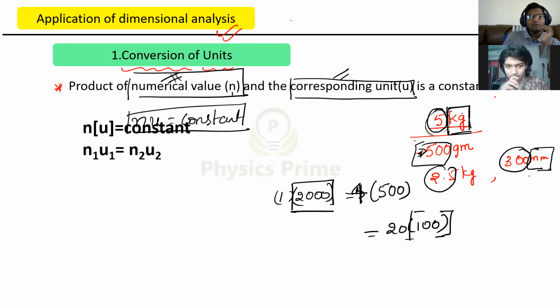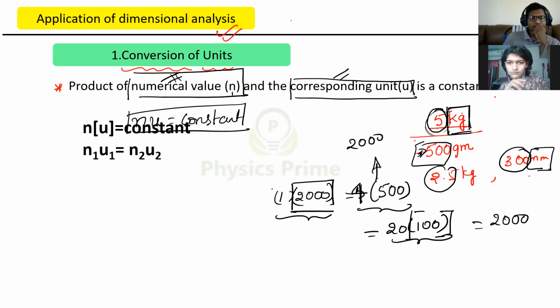You see here, for the value not to change, this is remaining constant or not? That number into unit, number into unit, number into unit. These values are all the same or not? This is also 2000. This is also 2000. This is also 2000, right? Yes, sir. This number is changing, the unit is changing, but this 2000 is remaining the same or not? Yes, sir. Can we say nu is equal to constant or not? Yes, sir. Now we can say. You understood now? Yes, sir.